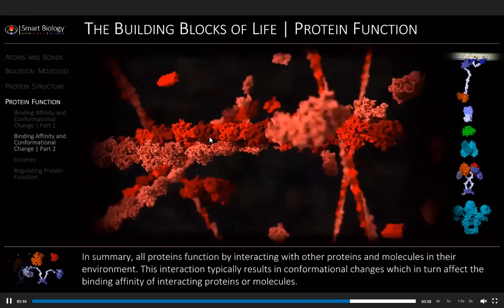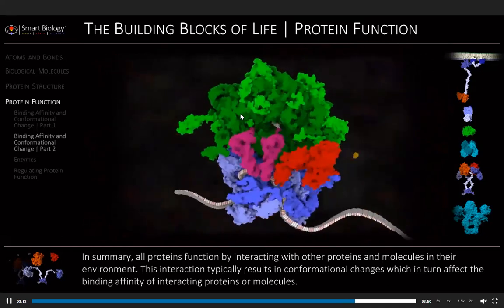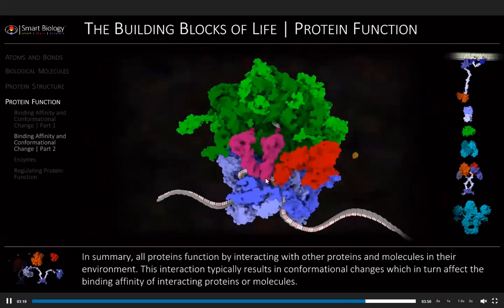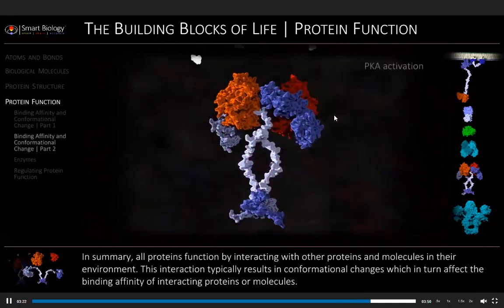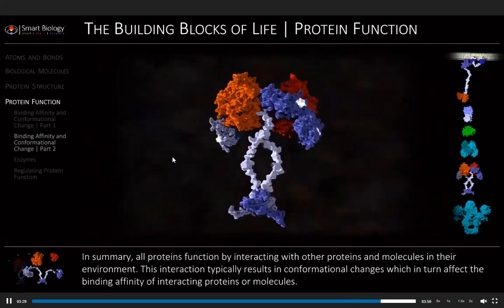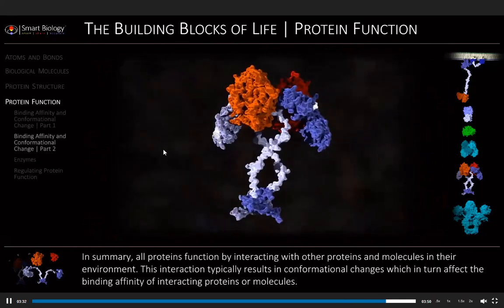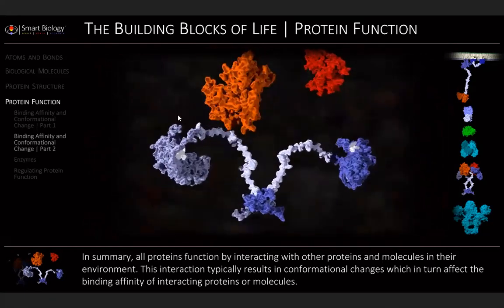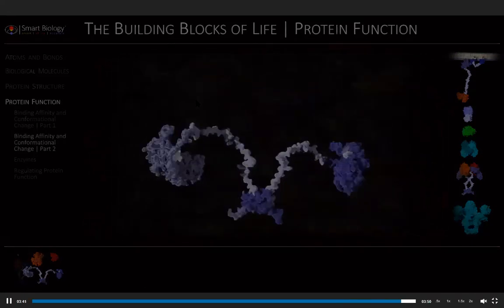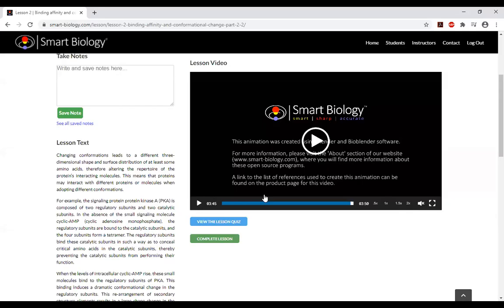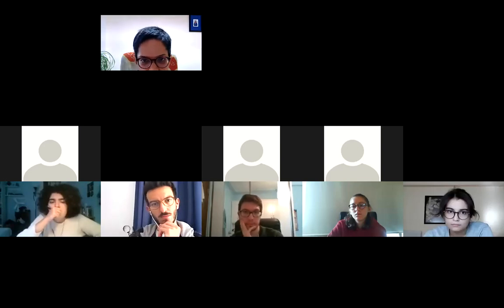So for actin polymerization as well, again, we can have similar interactions. For transcription elongation, this is a protein that is working during transcription. For protein kinase A activation, in each case, we are seeing major changes in the conformation of the protein, which will allow it to function when it's needed. Okay, so with this,